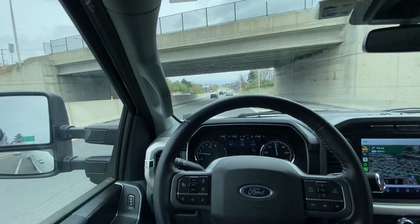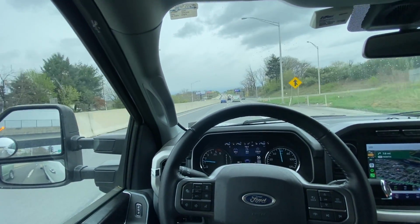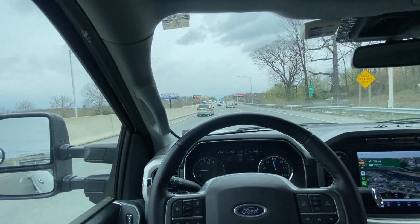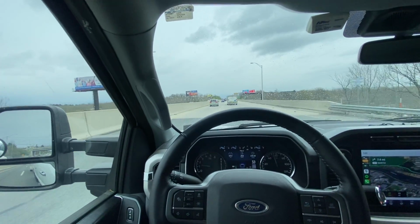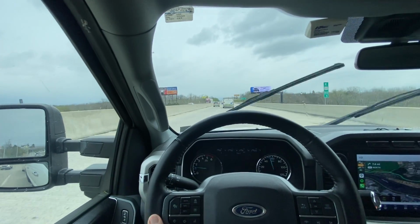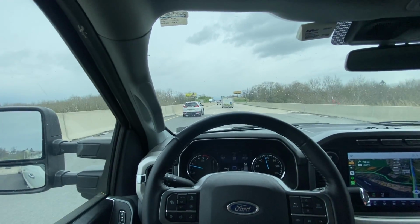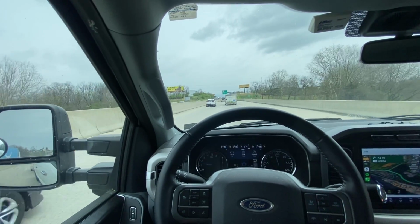So that's the impact that your axle ratio or your final drive has on the drivability of your vehicle and your fuel economy. And that's why a lot of people, especially when you're test driving a truck or thinking about buying a used one, which might not have the sticker anymore, are going to want to know that. And again, if you're shopping for a diesel F-150, these are great trucks in a lot of ways,